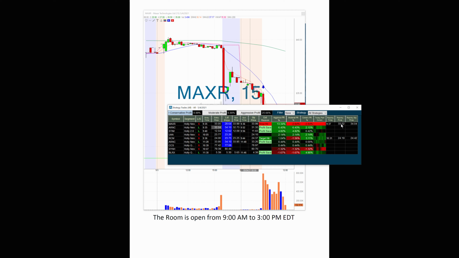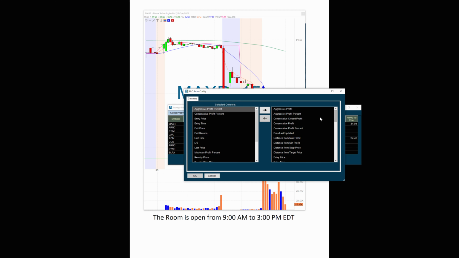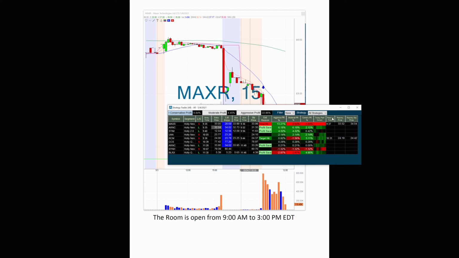I always say this in the room. Please have your entry price and your entry time columns up and running. All you have to do is right-click on one of the column headers, click on columns, and this is in alphabetical order. So you can add these two columns